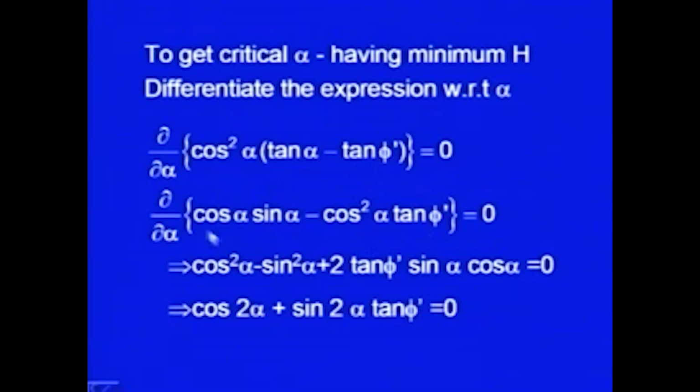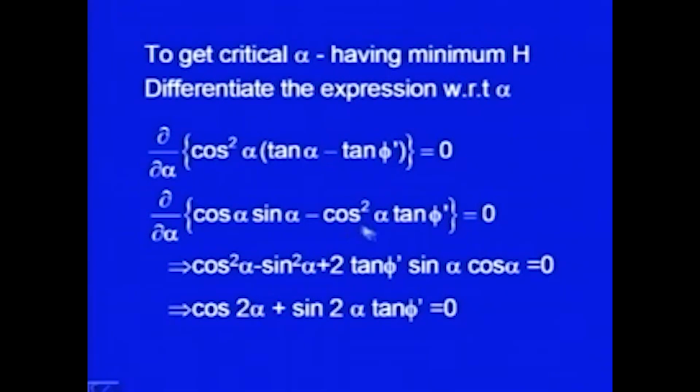Now I differentiate them with respect to alpha. First function times differentiation of second: cos alpha into differentiation of sin alpha, which is cos alpha, so cos square alpha, plus second function sin alpha times differentiation of first, which is minus sin alpha. So sin alpha into minus sin alpha is minus sin square alpha,